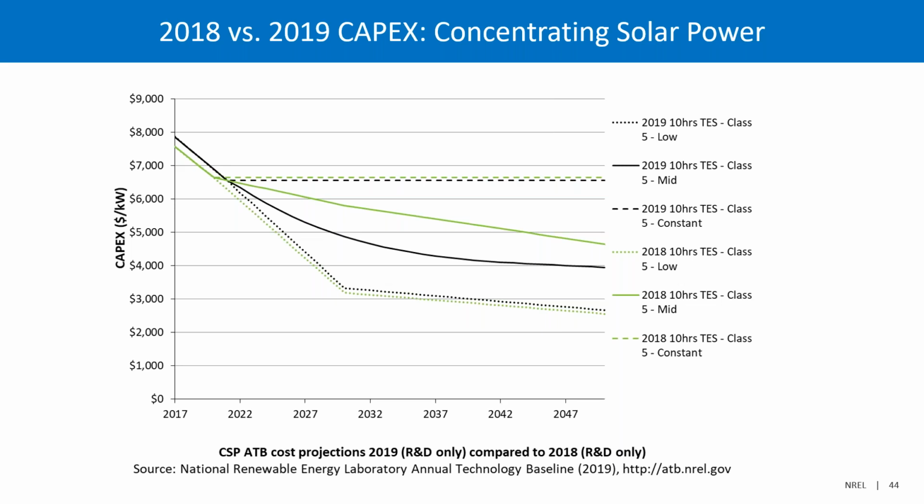And what's really interesting is that, for example, in today's world a 2020 plant or 2021 plant, which is coming online, is actually at around $6,500 per kilowatt. For example, the NOOR 3 plant, which is actually very similar to what we are projecting in ATB today, and then going out to 2030, you can see that the cost projection is at around